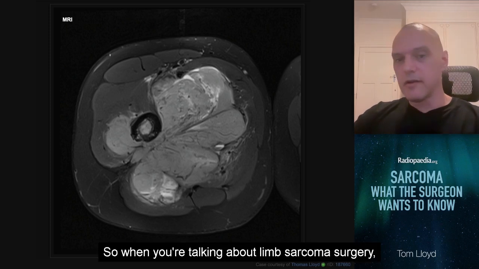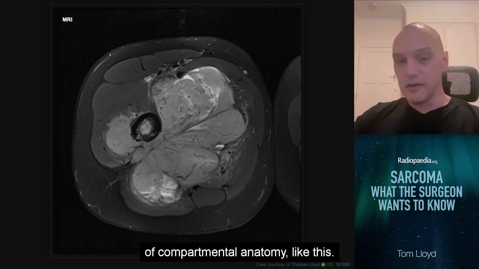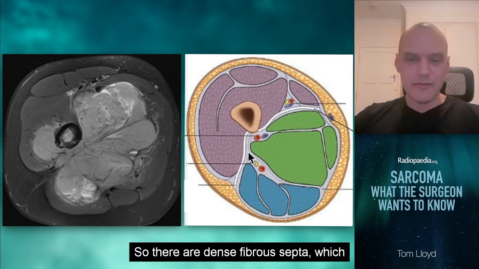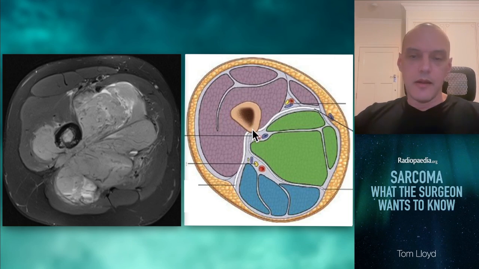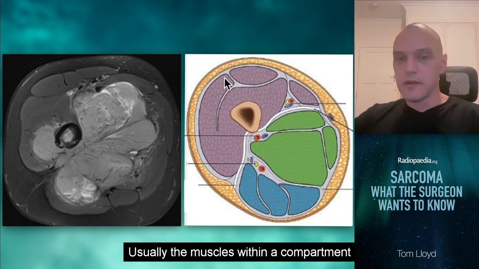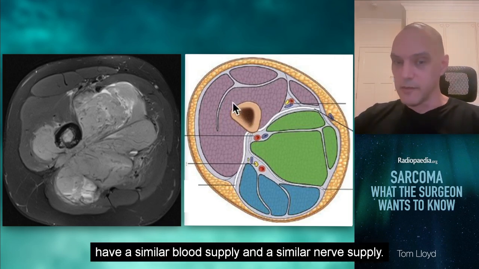When you're talking about limb sarcoma surgery, generally speaking, the surgeons think in terms of compartmental anatomy, like this. So there are dense fibrous septae which exist to separate different compartments of muscles. Usually the muscles within a compartment have a similar blood supply and a similar nerve supply,